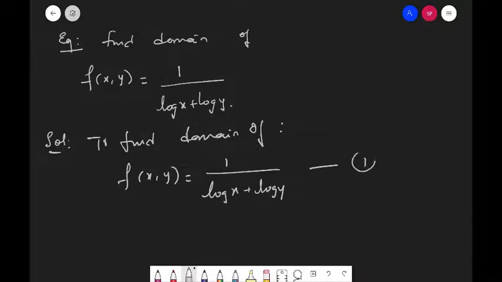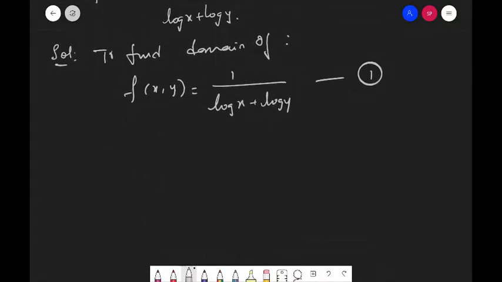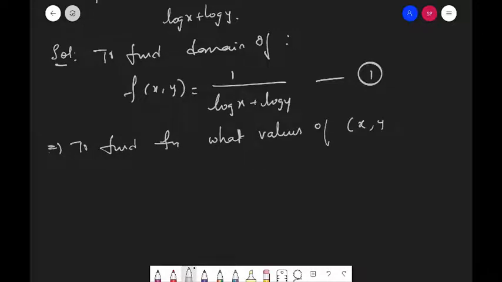This is 1. Implies to find for what values of x comma y, 1 by log x plus log y